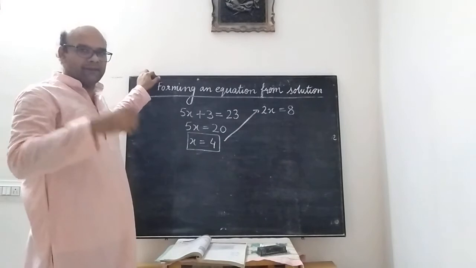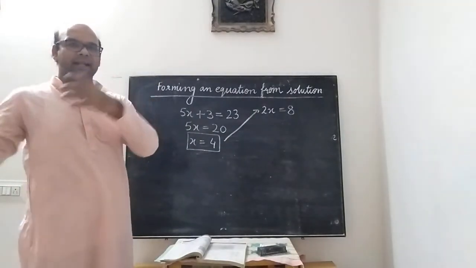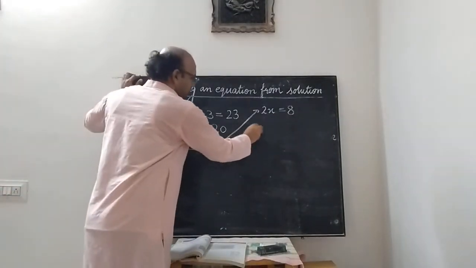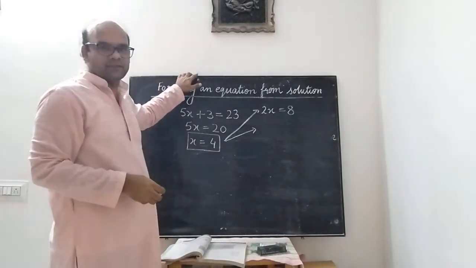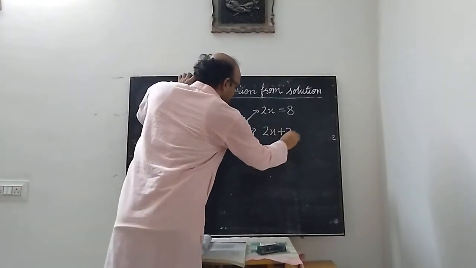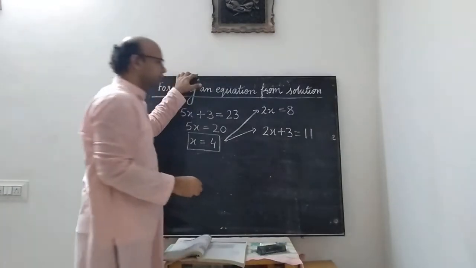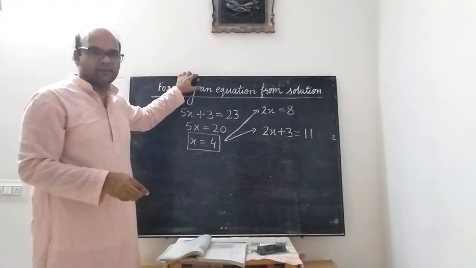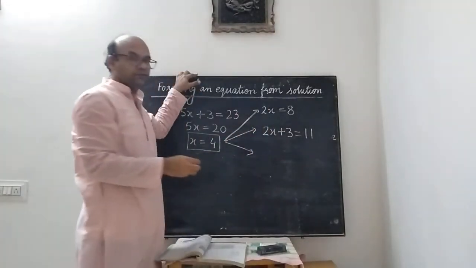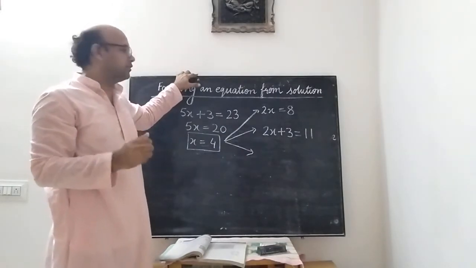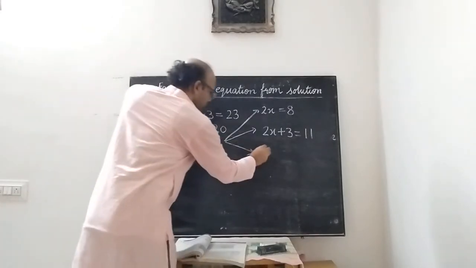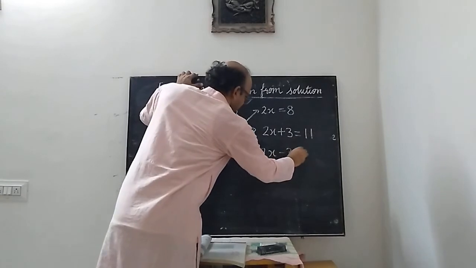Someone can say, if the child is not thinking too much, he can add up to the statement of the other child and be smart and say, if you take twice the number of apples and add 3 to it, then you get 11. Someone will say, if you take away 3 apples from twice the number of apples you have, then you get 5. 2x minus 3 is equal to 5.